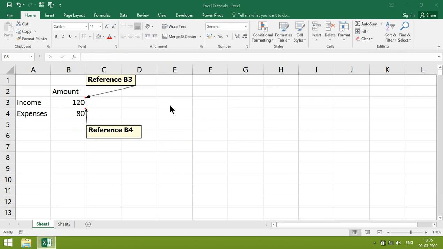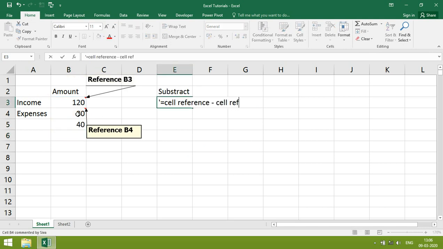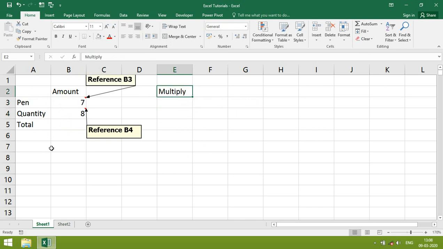How to subtract? The same process. Equal to, give the reference, type the minus symbol, then give the reference. Enter. How to multiply? Each pen's cost is given here and the quantity is given.